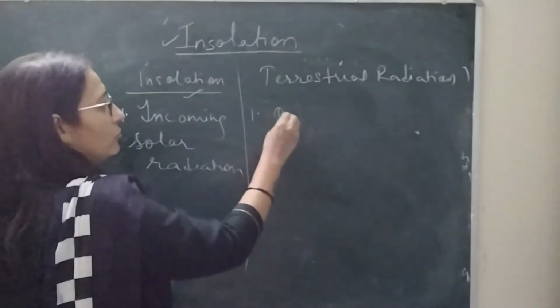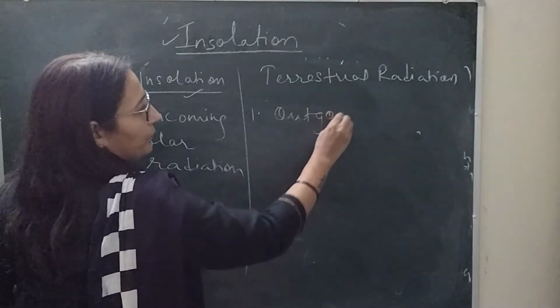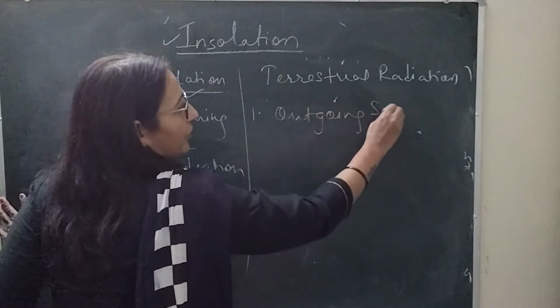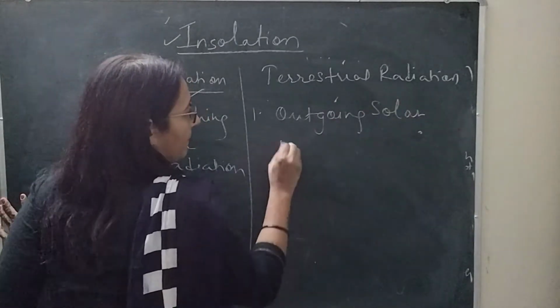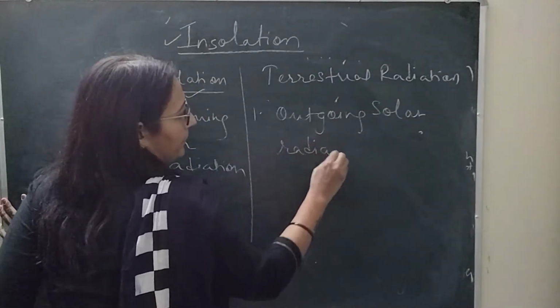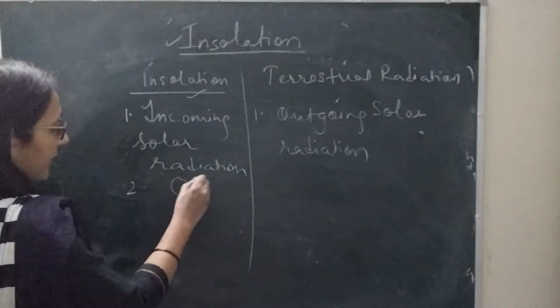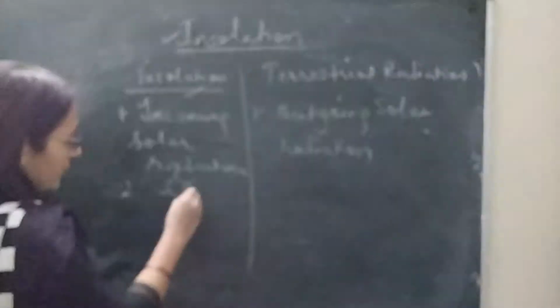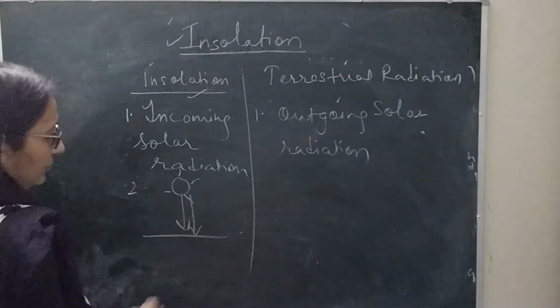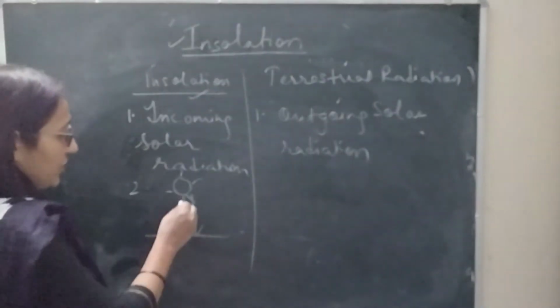Outgoing solar radiation is called terrestrial radiation. During daytime, when the sun rays reach the earth, that is called insolation, and sun rays reach